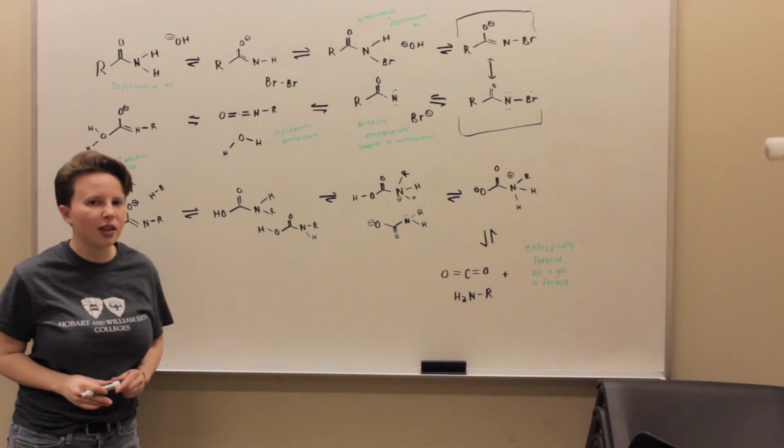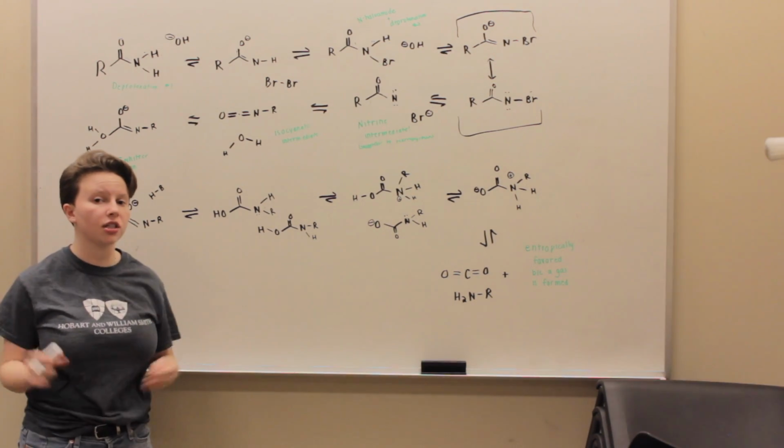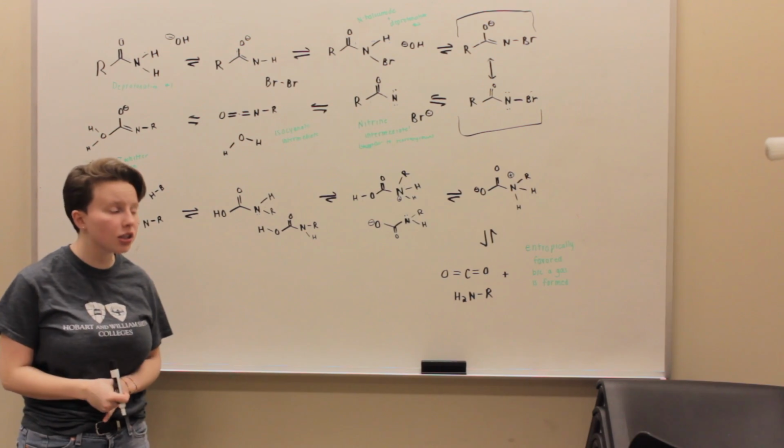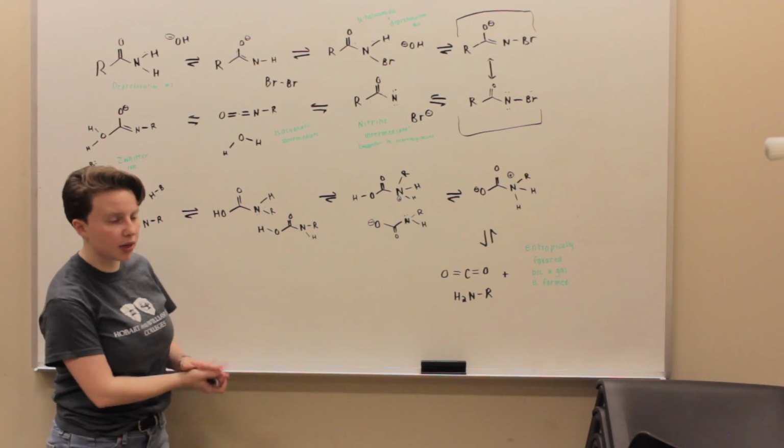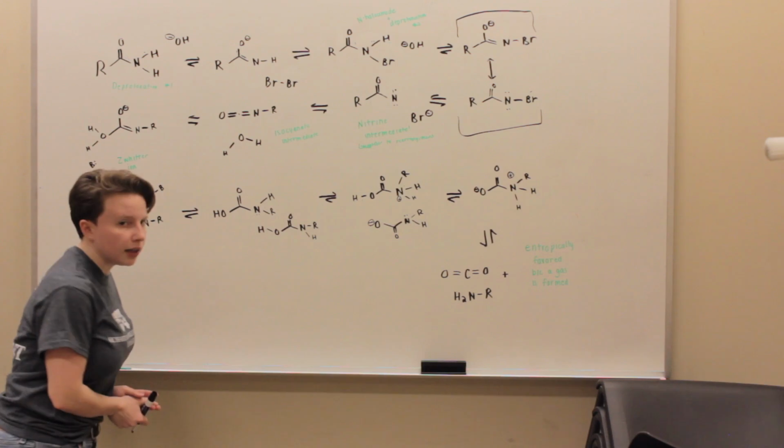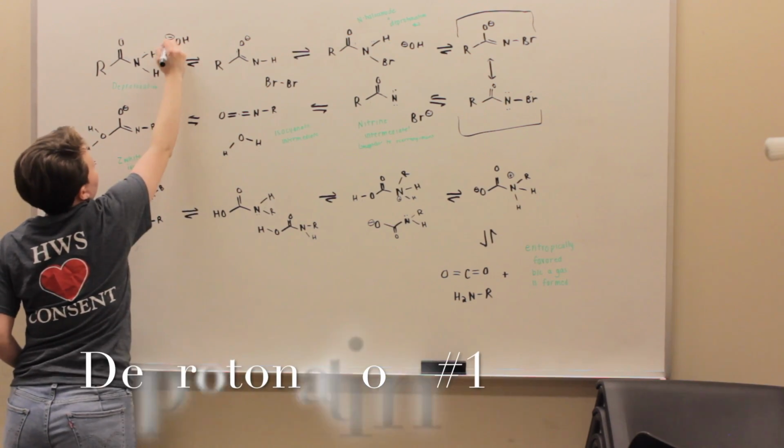Alright folks, let's take a quick look at the mechanism. We're going to do two deprotonations, and then an intermolecular proton shuffle, and then we are going to lose a carbon dioxide to give us our product. Let's go through it. First, we're going to do a deprotonation